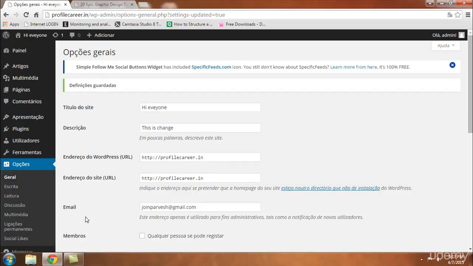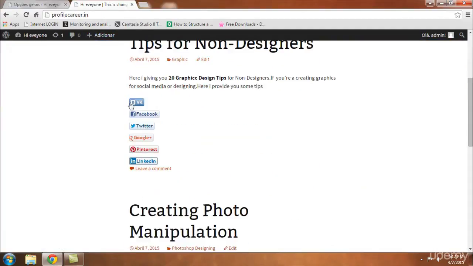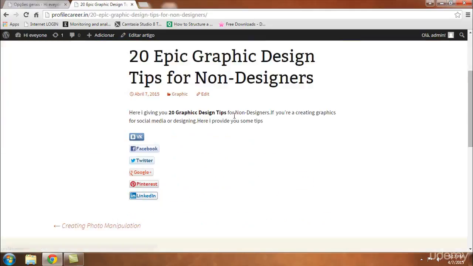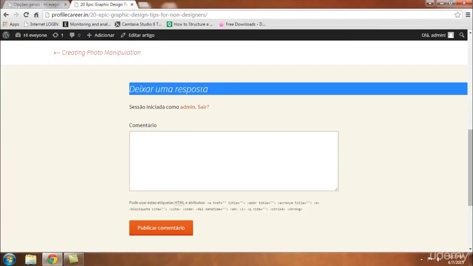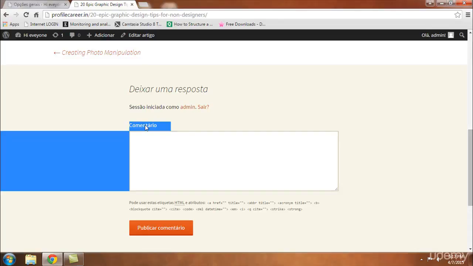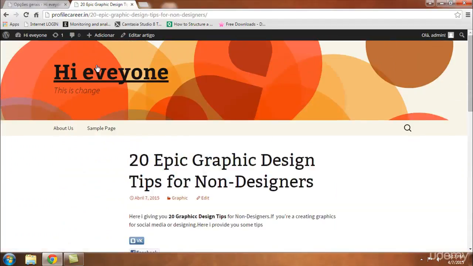So let's see. As you are seeing, the whole site, your admin panel also has been changed to that language, and apart from that, your website also changed to that language. Okay, as you are seeing the comment section in the footer area below your posts and pages, this all has been changed to the language which I just selected a few seconds back. Even your comment section also.